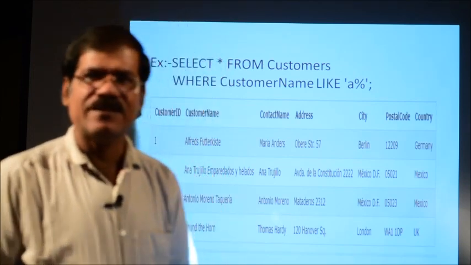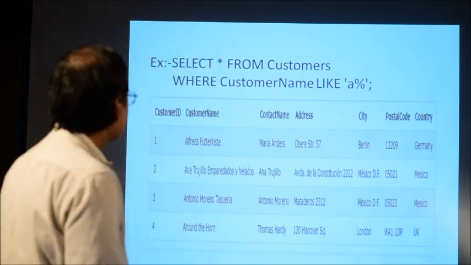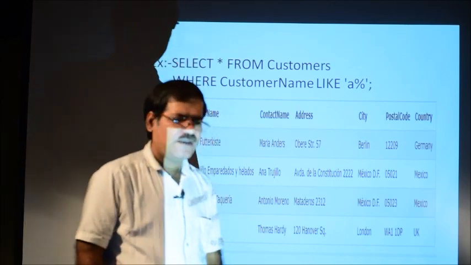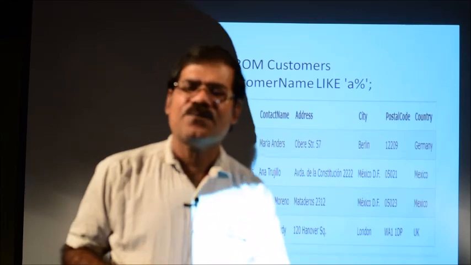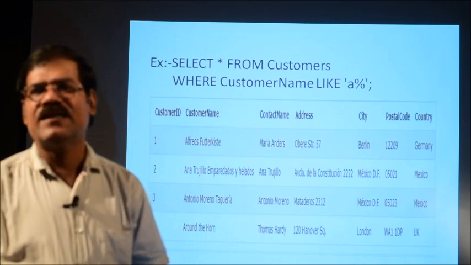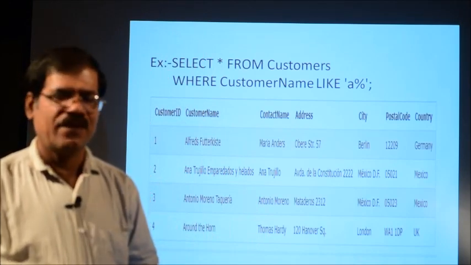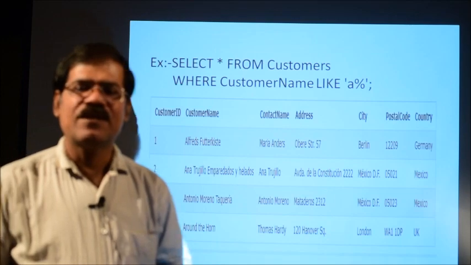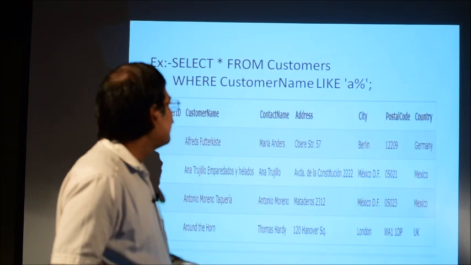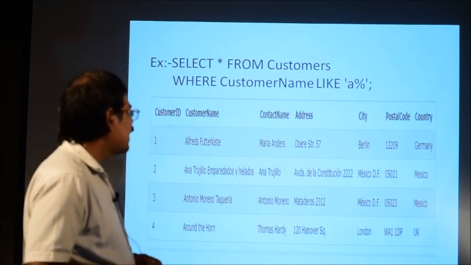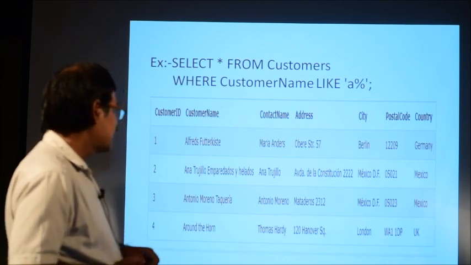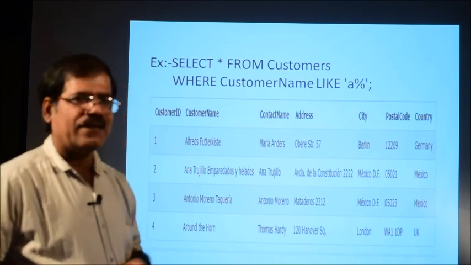So the first statement you write in SQL that will fetch the records is select star from table name, because customer data is required, customer name is required. So obviously there must be a customer record. You already created the customer table earlier. So the customer ID, customer name, contact name, address, city, postal code, and country of the customer were already inserted earlier. These are the attributes or fields of customer.